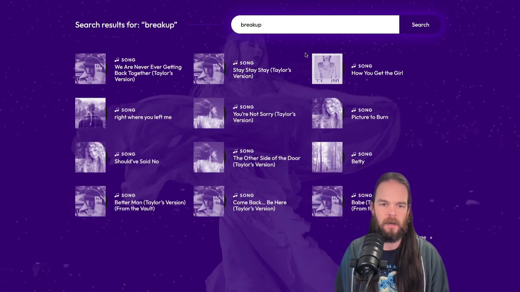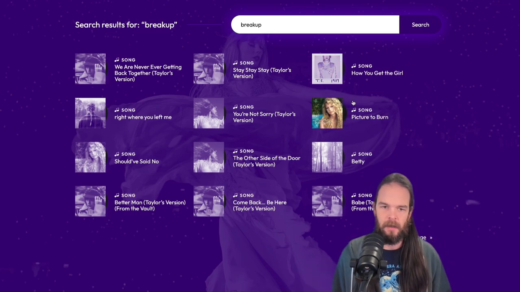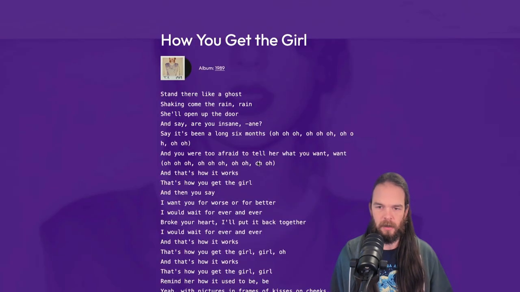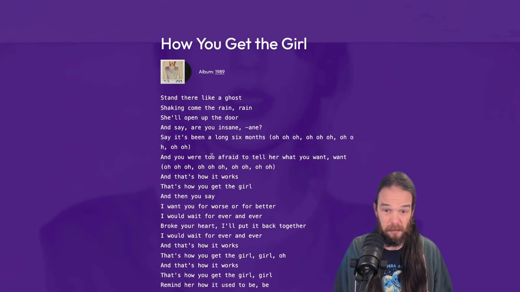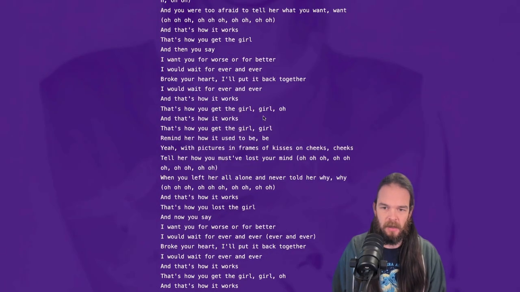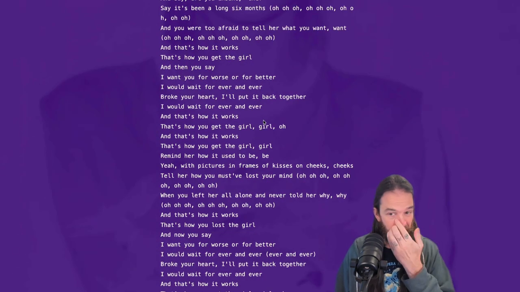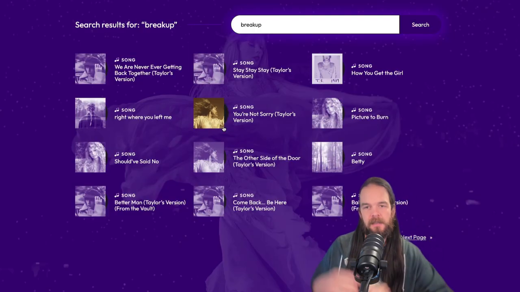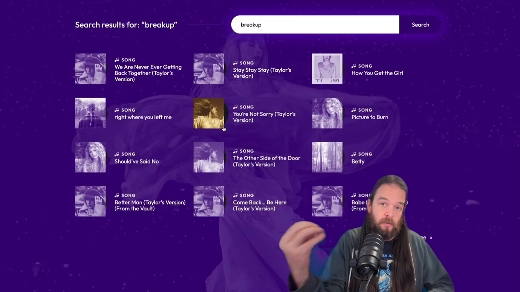So what are our options here? Let's look at this one. So let's say I search breakup. What's good in it? How do you get the girl? Why is this being prioritized? Well, what's actually in it? The word breakup isn't even in it. The word up is in it once. Okay. It's probably thematically about breakups,